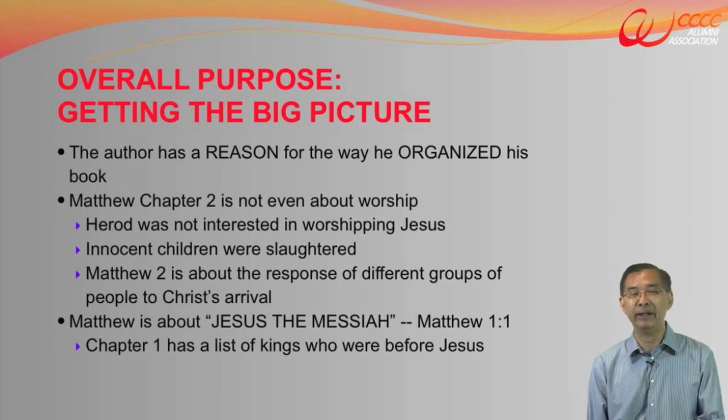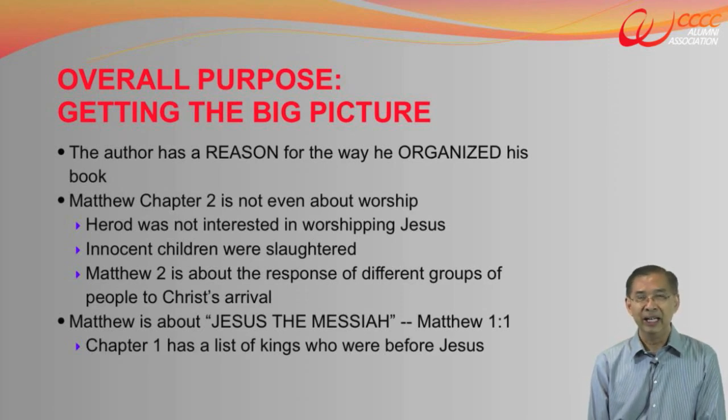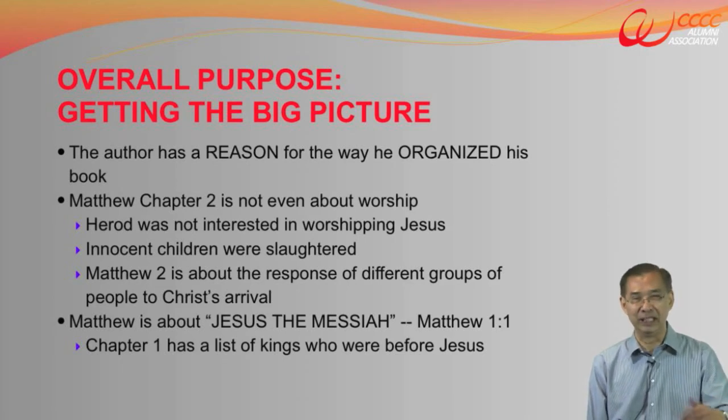So why did Matthew include this long list in chapter 1? Jesus, this person called Jesus, has 14 generations, more than 14 kings if you look at it carefully, okay? At least if you include David. At least 14 generations. This guy came from a genealogy of kings. If we start with that, I'm sure you'll ask, really? How come I did not know that? Well, that's your problem. You ought to know that.